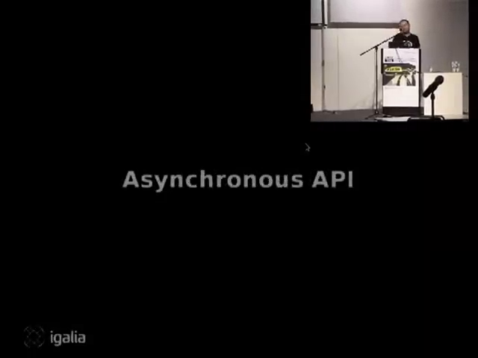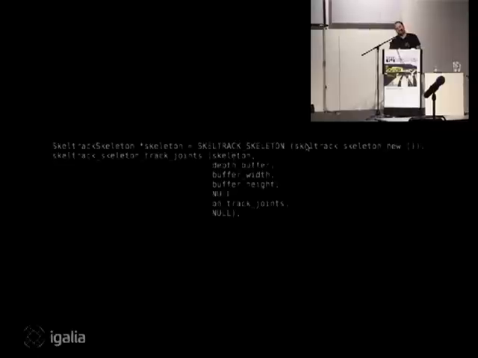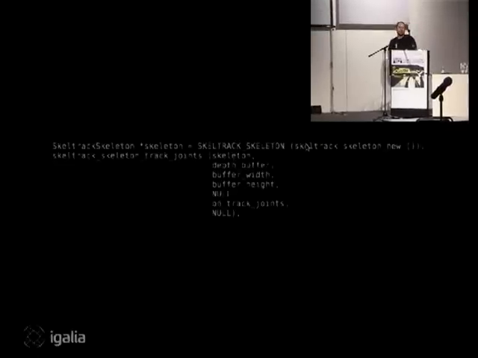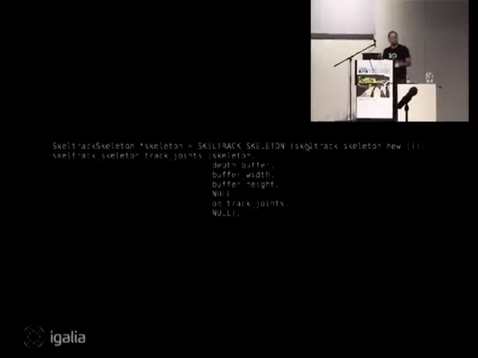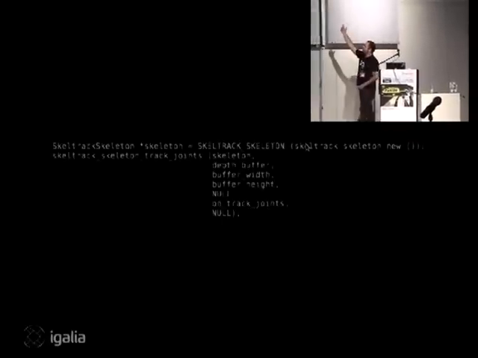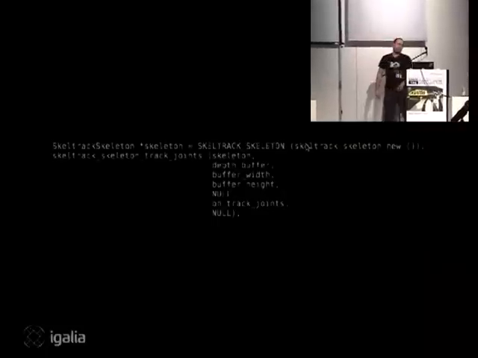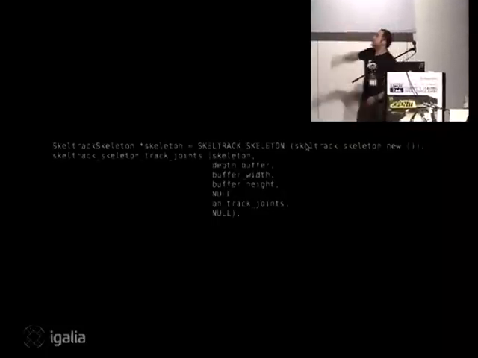So how to use this? You got the asynchronous API that we did for this. So how many people know C here? Okay, quite some. Okay, so we just initialize a skeleton instance, right, on the first line, and then we call